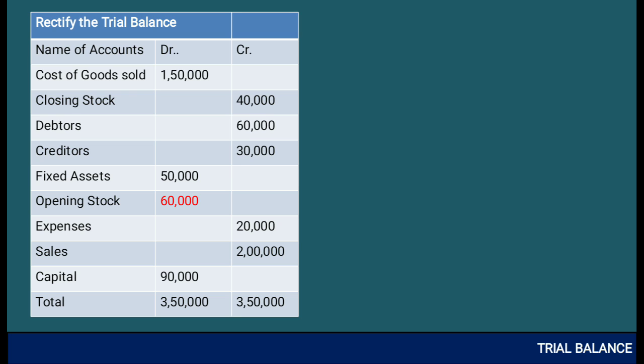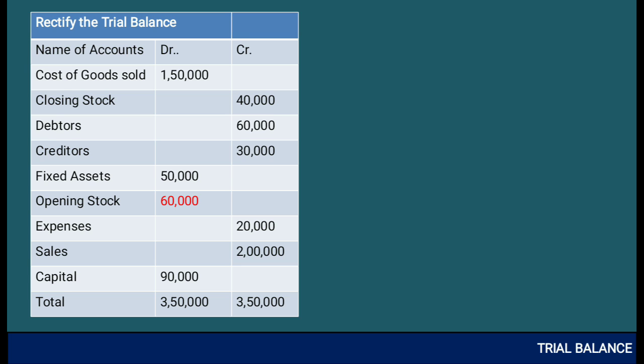But here we have different items, because in the trial balance we do not usually disclose the amount of closing stock. Most probably we never disclose the amount of closing stock in the trial balance. But if cost of goods sold is given in the question, along with the opening stock and the closing stock, in that case only we have to mention closing stock in the trial balance, but we don't have to mention the amount